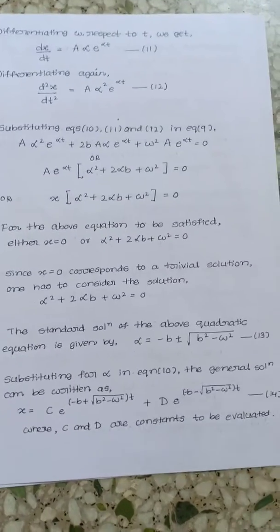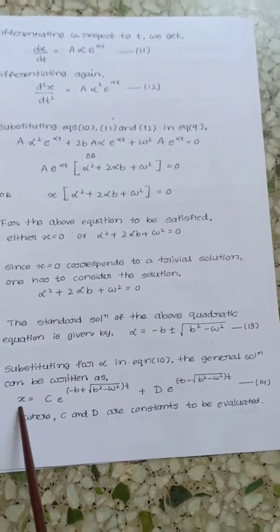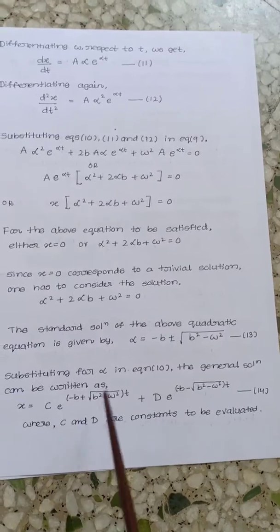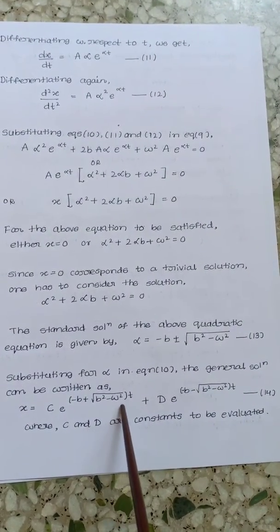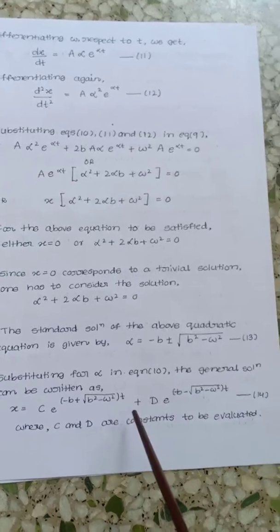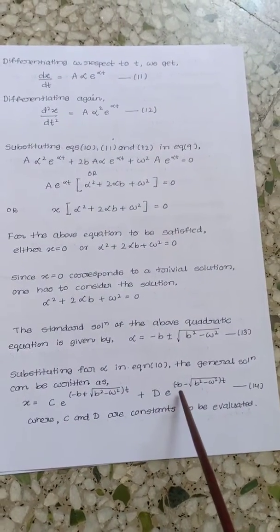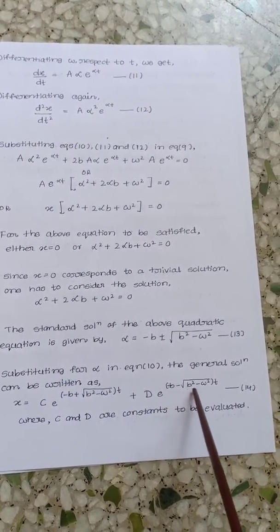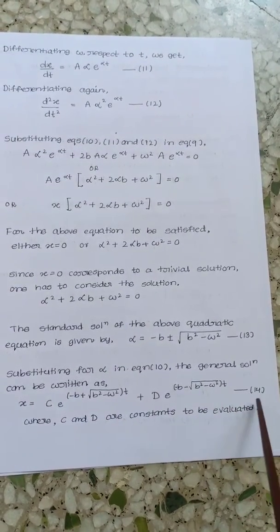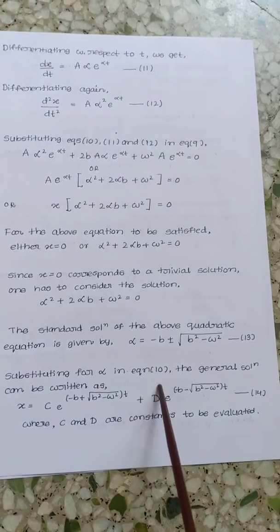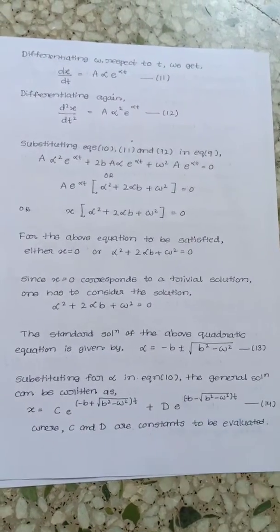Then the general solution is written as x is equal to c into e to the power of minus b plus root of b square minus omega square bracket t, plus d into e to the power of minus b minus root of b square minus omega square bracket t. Here c and d are constants which have to be